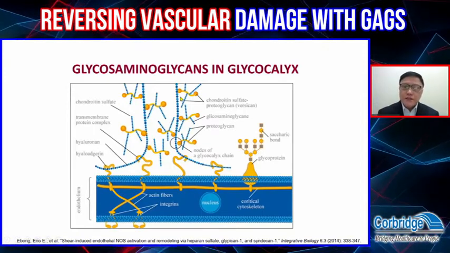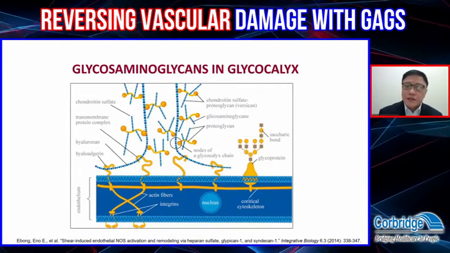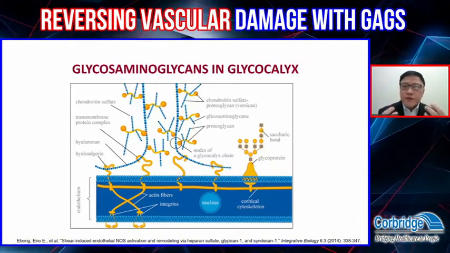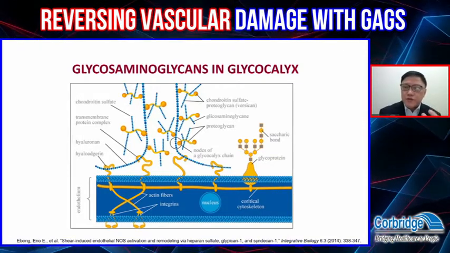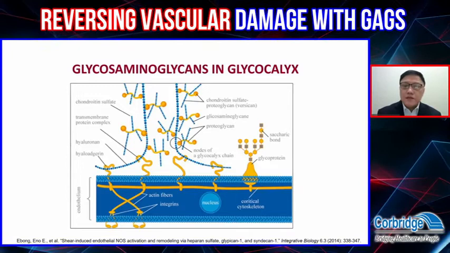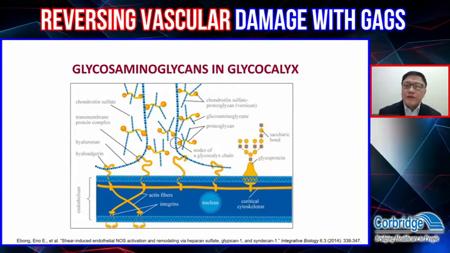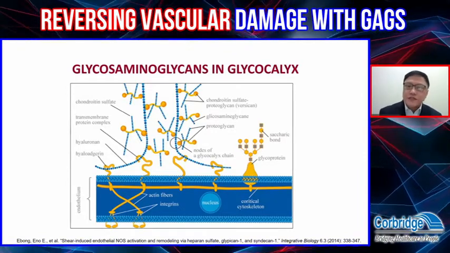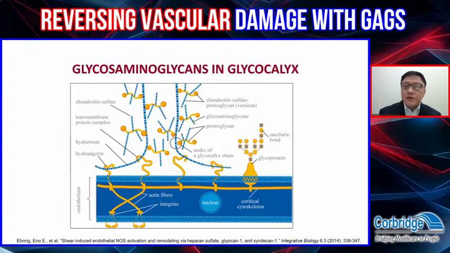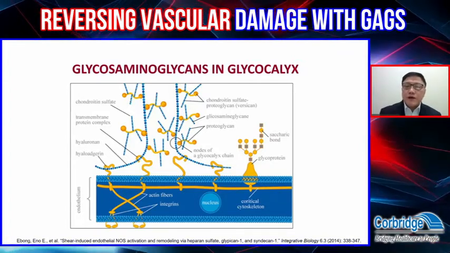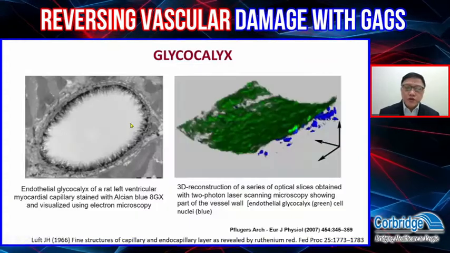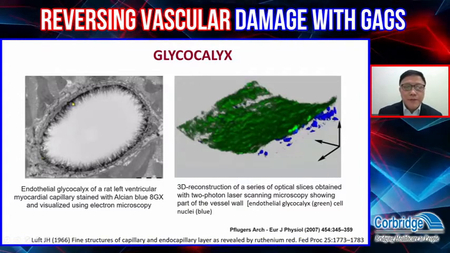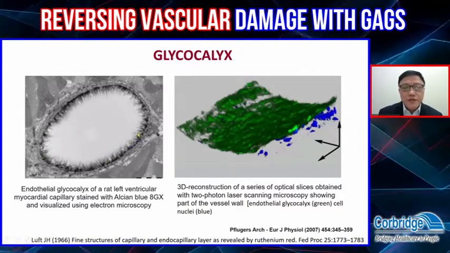If you look closely, this is the structure of a glycocalyx. They are composed from the inside as proteoglycans, protein with glucose, and outside are glycosaminoglycans. The GAGs that I have presented to you in the first slide are intertwined together to build up a hair-like structure, which I will show here to you, an electron microscope image of a blood vessel, a capillary, and you can see the hair-like structures there